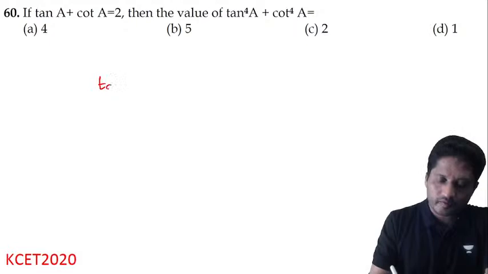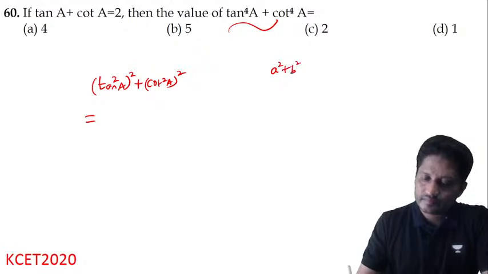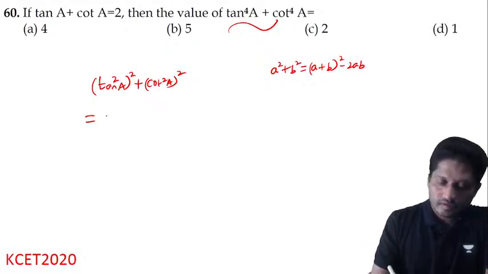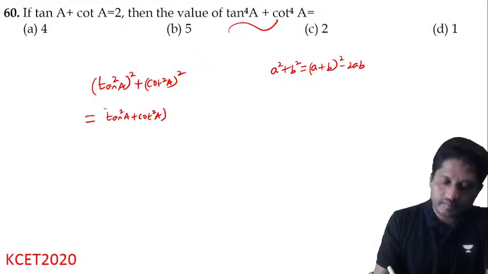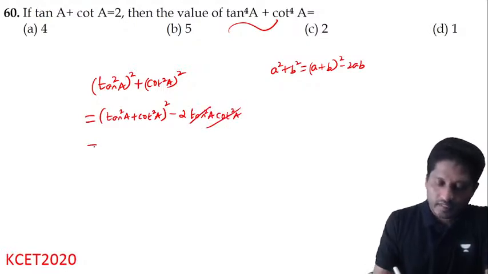Tan power 4 plus cot power 4 can be written as tan square the whole square plus cot square the whole square. Okay, a square plus b square is a plus b the whole square minus 2ab. So this is tan square plus cot square the whole square, minus 2 tan square into cot square. Tan into cot is 1. Again a square plus b square is a plus b the whole square minus 2ab, so tan plus cot the whole square minus 2 tan a into cot a